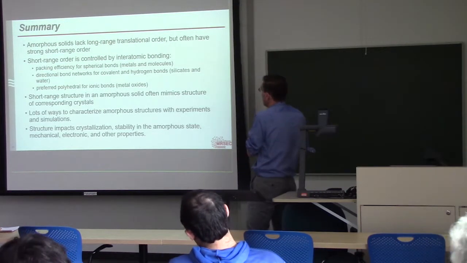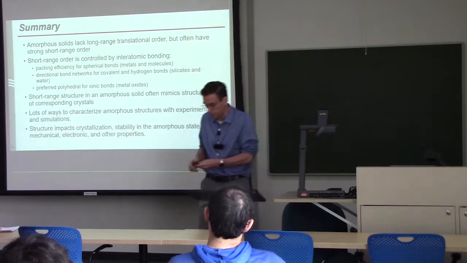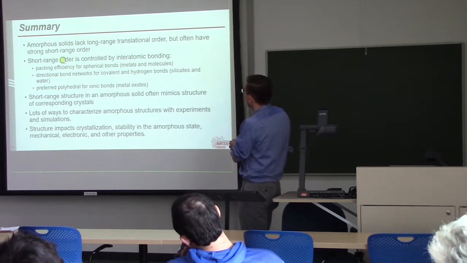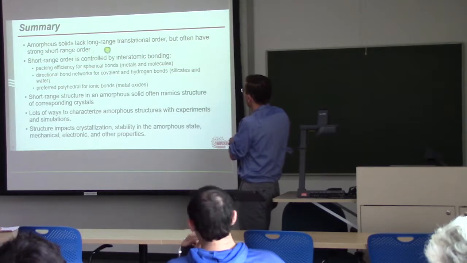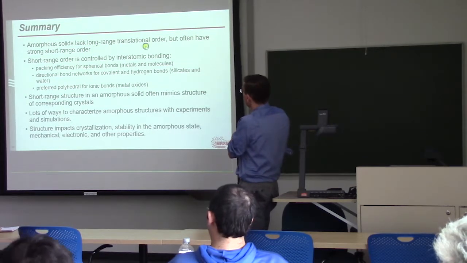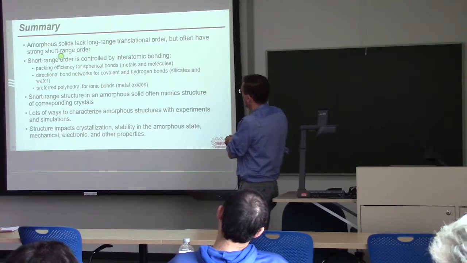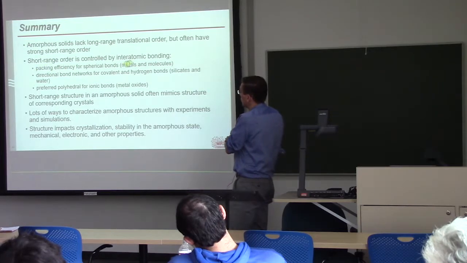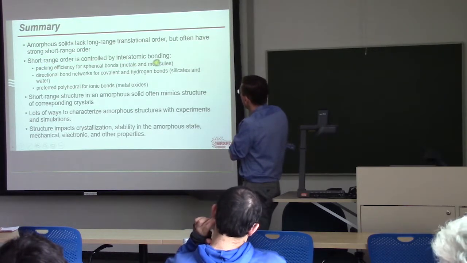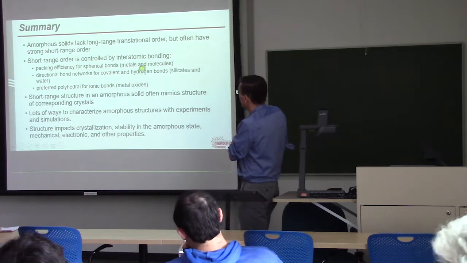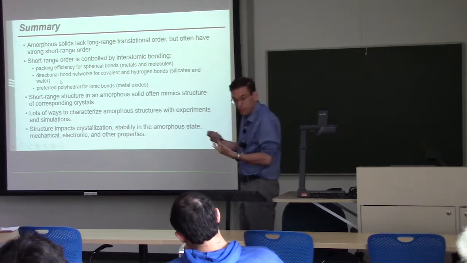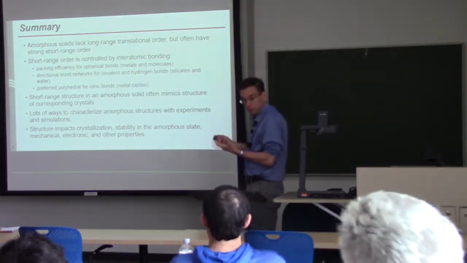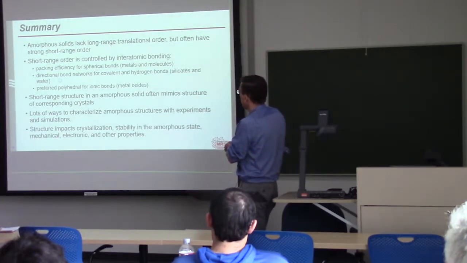Okay, so finally, let me wrap up. This is the summary for both parts of the presentation. The key things to take away from today are that these amorphous solids are easily defined: they lack long-range translational order, and they have strong short-range order. The short-range order is intuitively understandable, I should say, by characterizing the interatomic bonding, so you can think about geometric models. They can become somewhat sophisticated and geometrically complicated, but you can think about them as being driven by effects that are local and that you can understand.